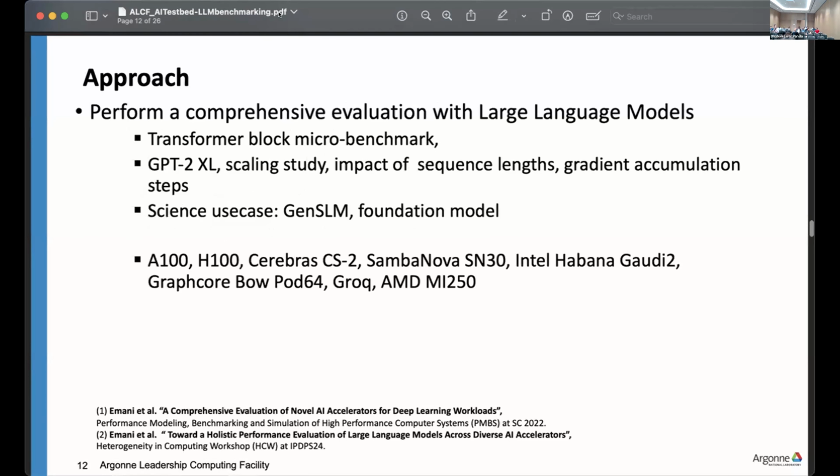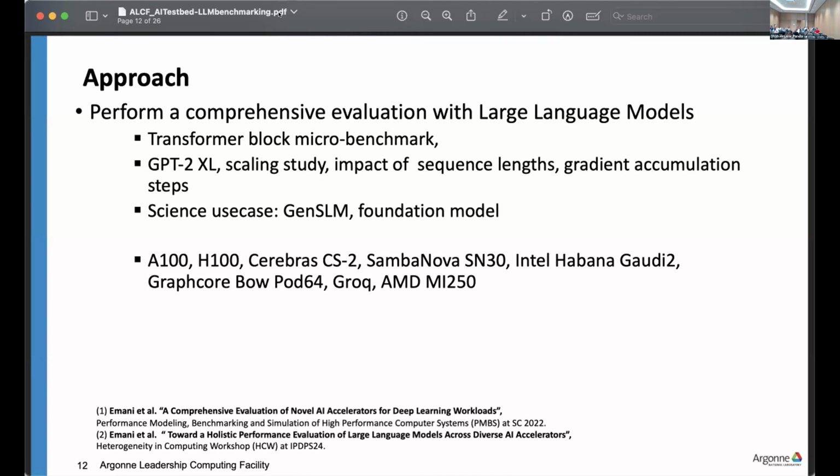So we took a similar approach, looking at the large language models. We're looking at different granularity. First, we found the core component of this model, which is the transformer block, and ran the minimal transformer block as a micro benchmark. Then we took a standard model, in this case GPT-2 XL, a 1.5 billion parameter model. Each of the systems can run models with up to billions of parameters, they're capable of handling much larger models, but to cater to the diverse implementations across the spectrum of systems that we had, we chose the